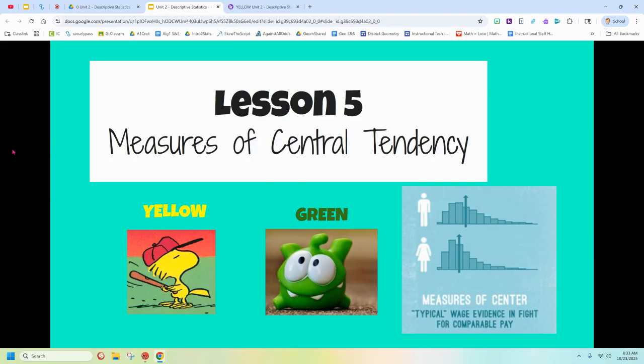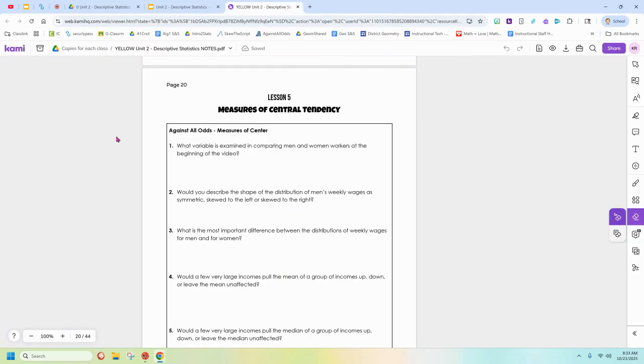And the reason is because a single number is great, but we need more information to describe a full set of data. So today, though, is those single numbers, the measures of center. If you go to page 20 in your note packet, you're going to find the lovely, let's follow along with our